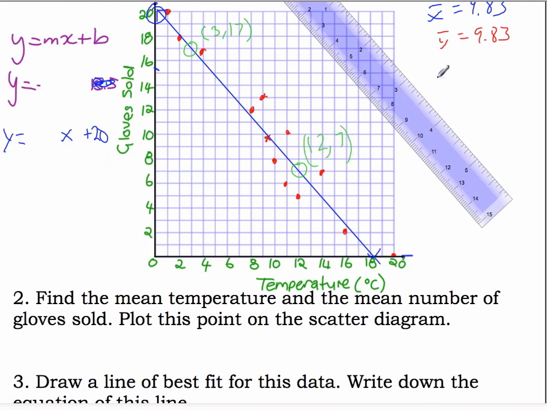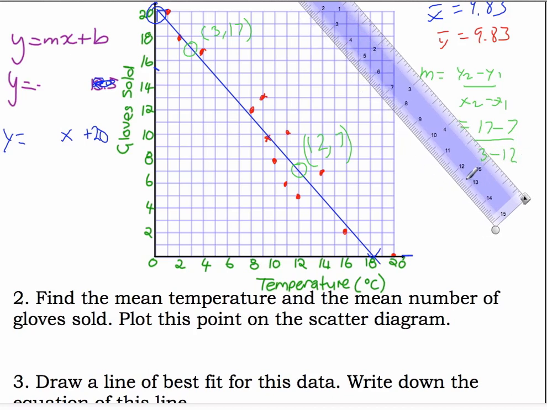So I'm going to calculate slope over here, which is y2 minus y1 over x2 minus x1, and that's going to be, well, let's do 17 minus 7 over 3 minus 12,